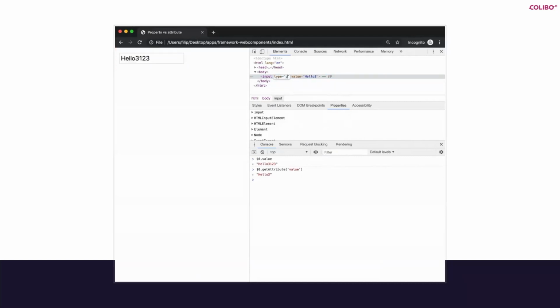So I think that's kind of weird. And the weird thing is that it works a different way around with the type. If you set the type attribute, it's reflecting back to the property, and if you set the property, it's reflecting back to the attribute again. So it's just a little bit weird. But the takeaway here is use properties whenever you can.